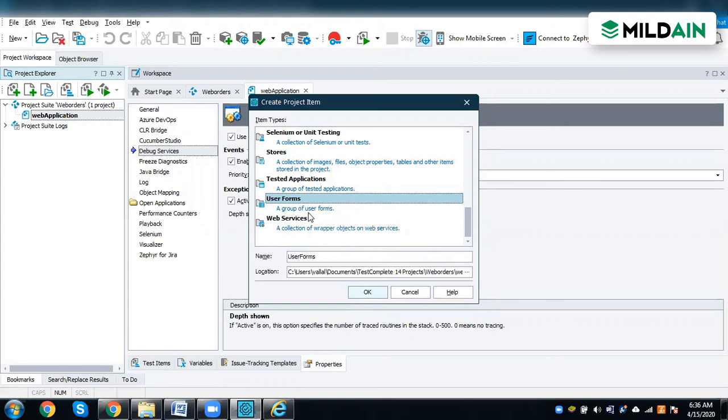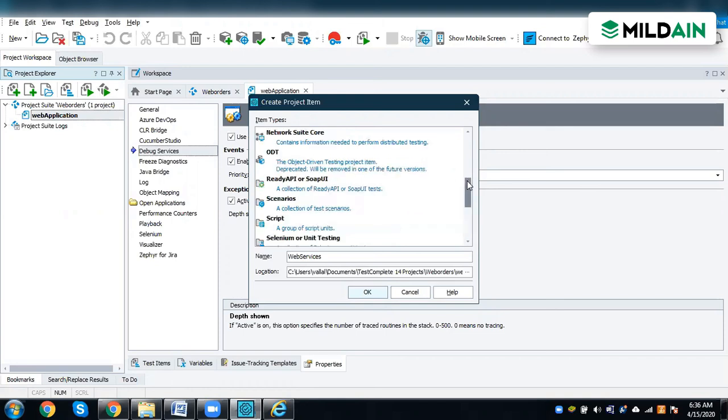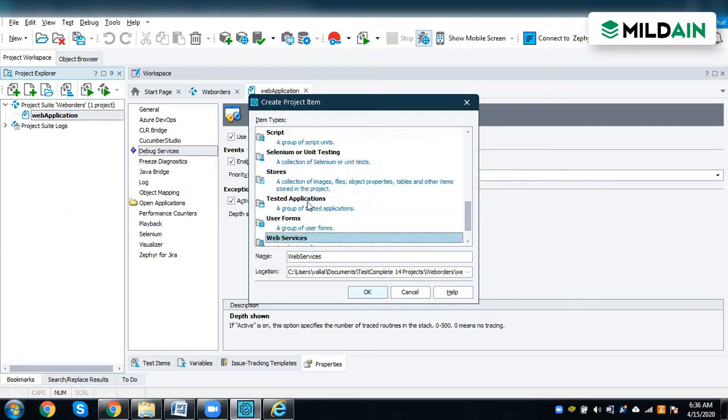Whenever you use a form, you can refer to it, and this is for designing. Say you want to design a user form or something like that, you will be using the user form. And then this is web service. Web service is by default a limited feature within TestComplete, but the actual web service feature you will get under the SoapUI tool. But here also we can use the basics of this one.